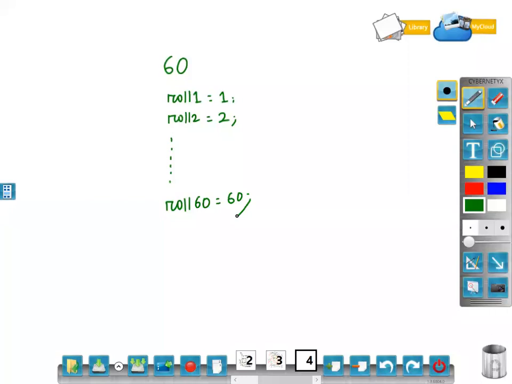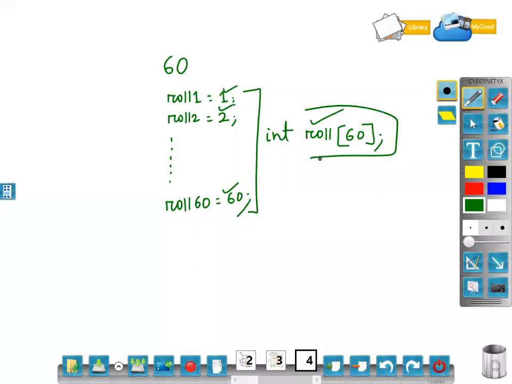So to avoid this problem, I have to store integer values, so why not declare a single variable, roll number, and make it 60. So a single variable can manage my 60 values. This is the application of array.